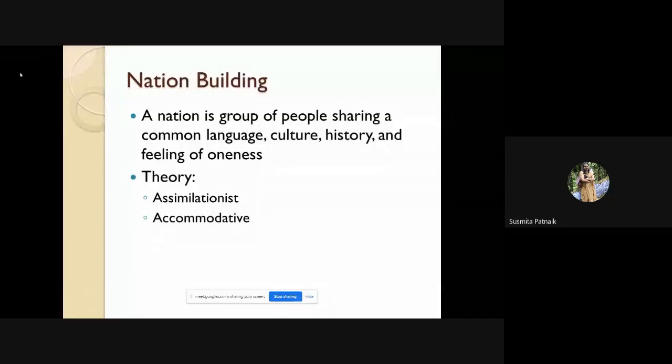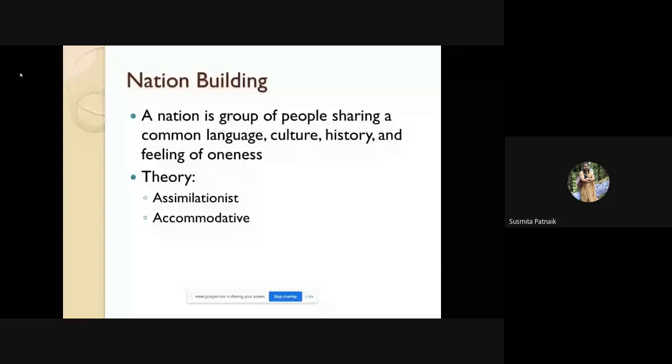Next one is called nation building. Okay, so you ask me that when you complete the state building, again you are opting for nation building. So these two are similar. Then what is a state and what is a nation? Because India is a state and also you can say that India is a nation. But there is a big difference between the state and the nation.